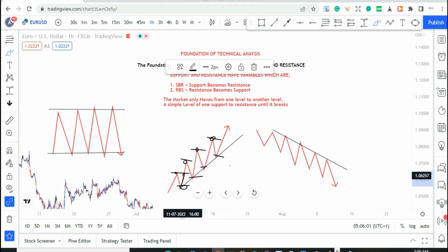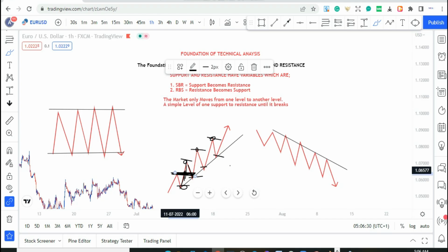In a real chart scenario, you will see this thing will pull back but cannot break this area. It could pull back before going up to break this area. Then we'll have another pullback to a level of support,